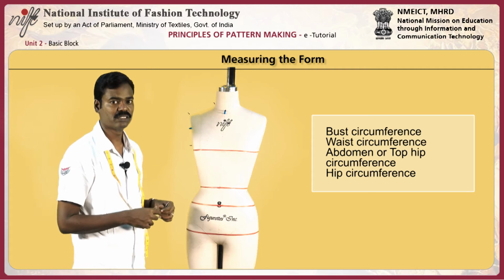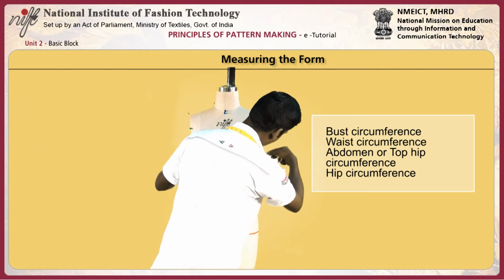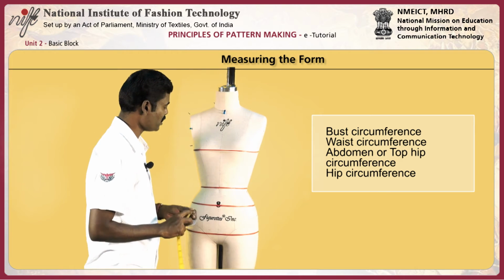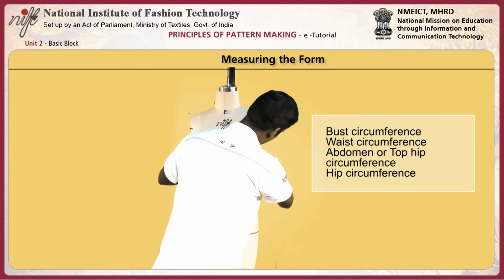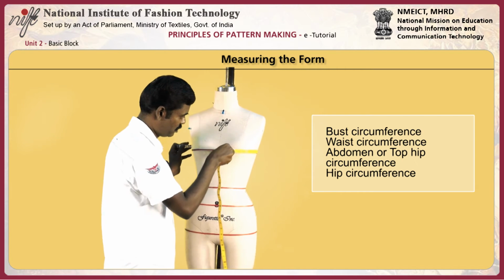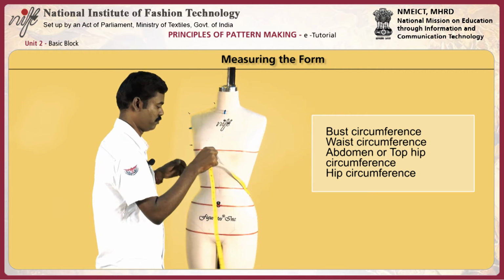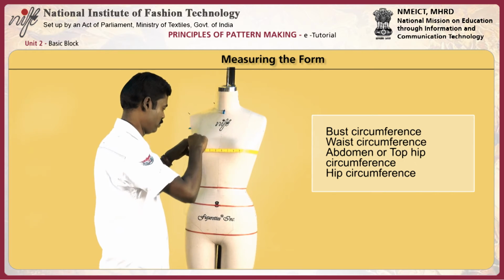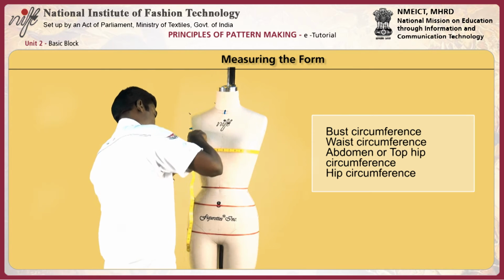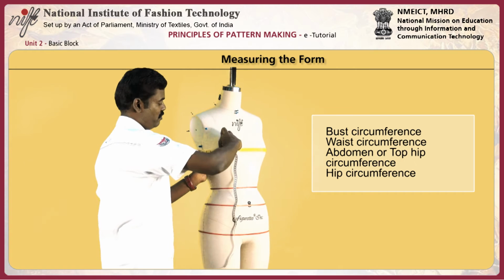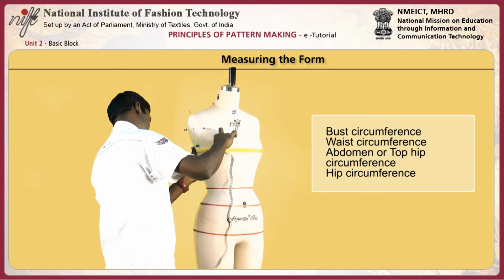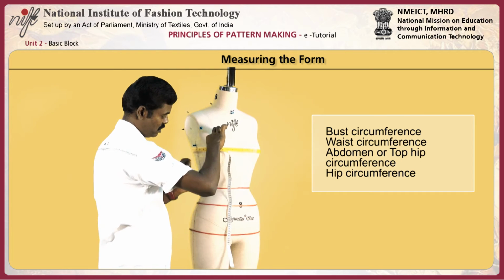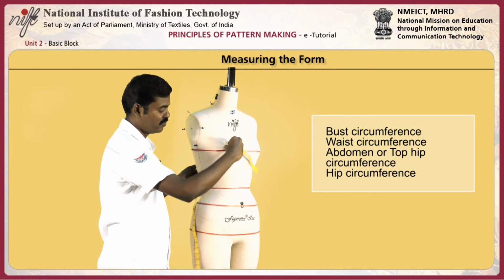Circumference measurements. Bust circumference, measure on the bust line, keep one finger inside, should be parallel to the floor, and record the measurement. Then waist measurement,